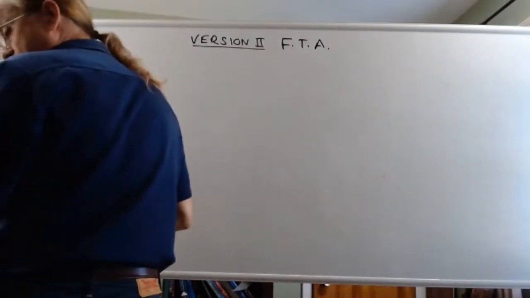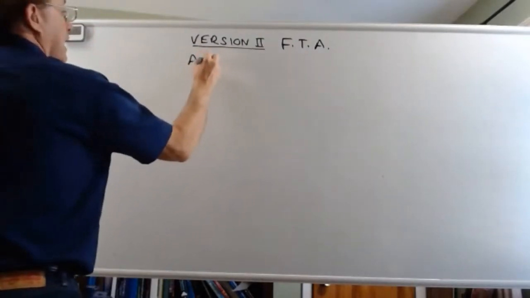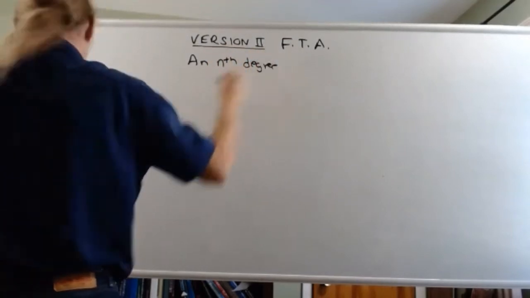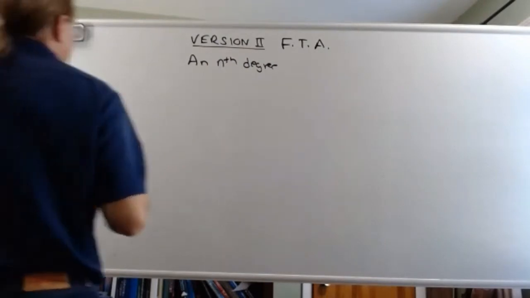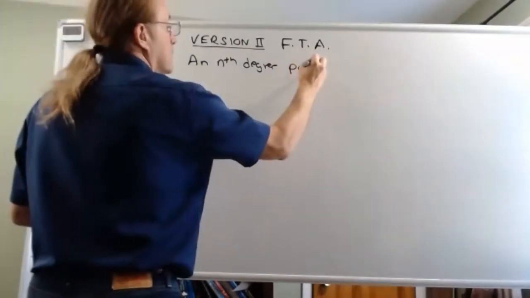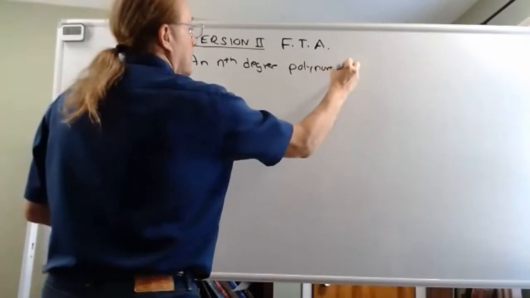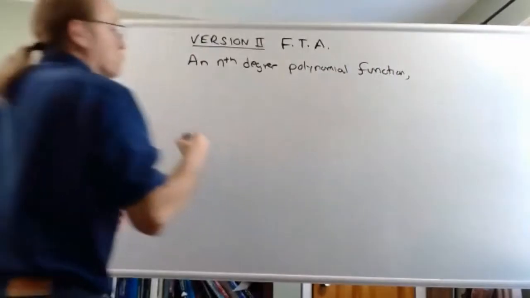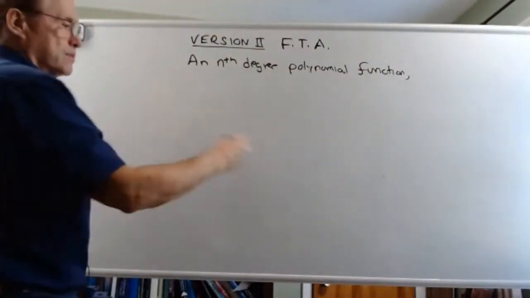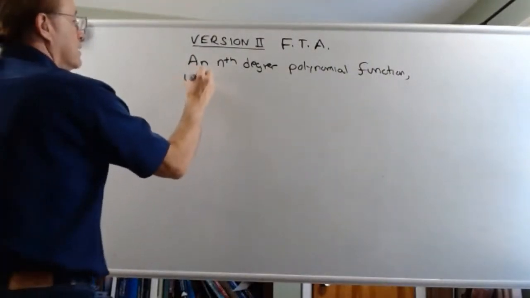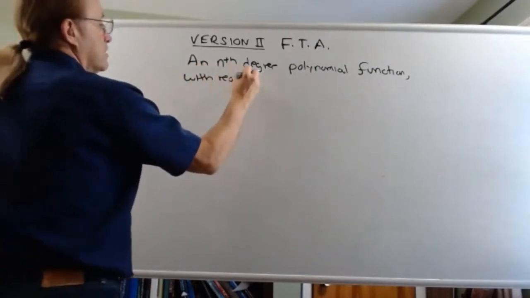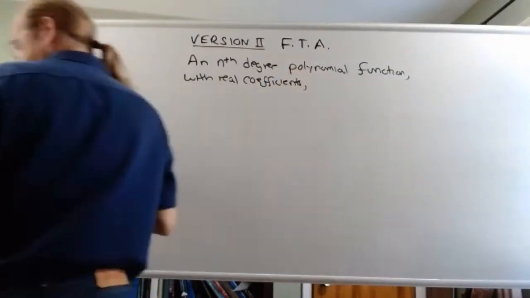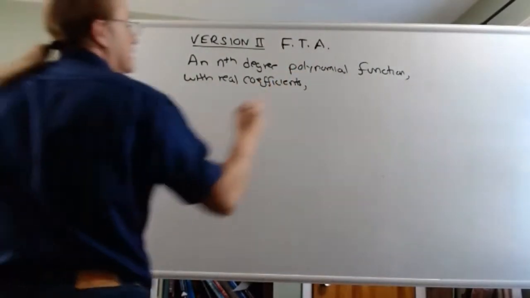So in this case, an nth degree polynomial function with real number coefficients, so no i's and stuff in there. So with real coefficients, we'll have n